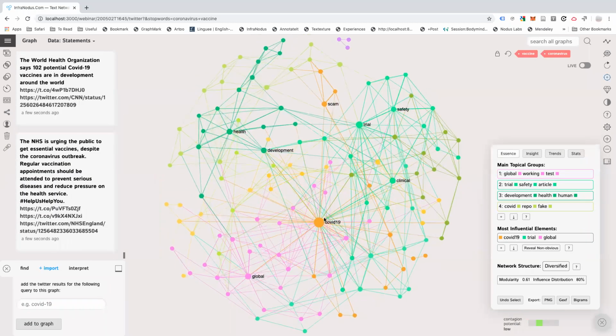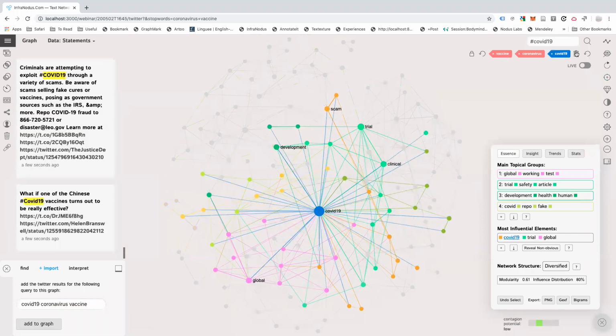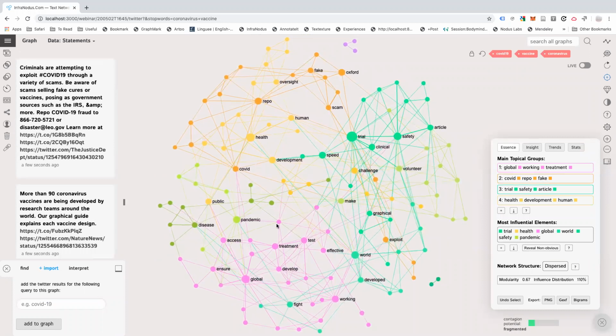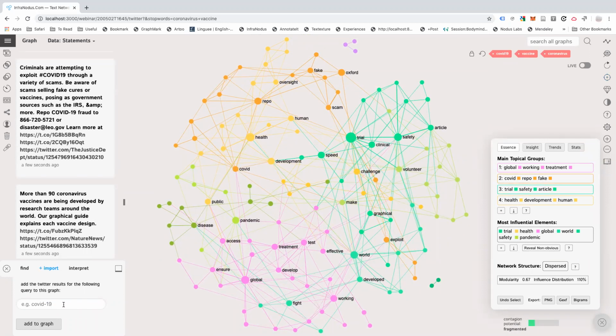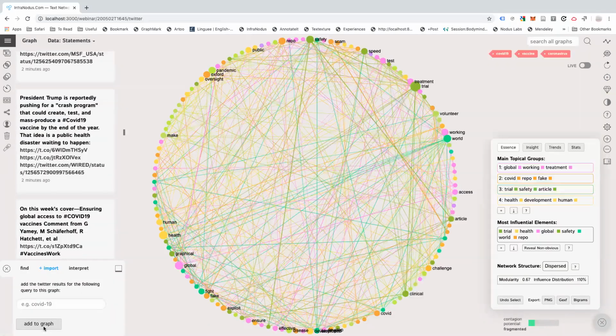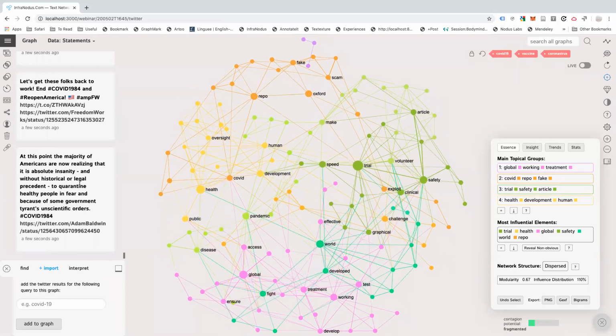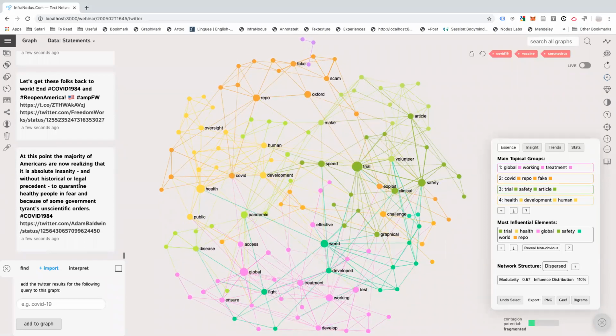So for example, if people use the word coronavirus, if there is anything else. What I found interesting, I saw recently a hashtag, and I just was curious if it's something that is popular or not, COVID-1984. And when I made a search for this, it actually showed me a lot of critical information about the vaccine part. So I think it also depends on how you do the search and what kind of keywords you